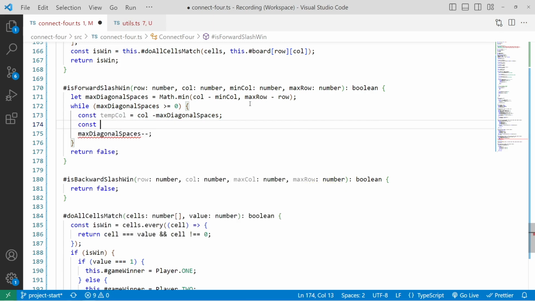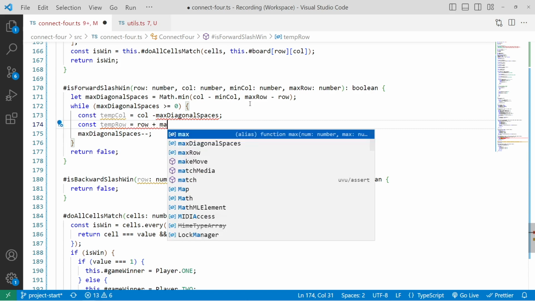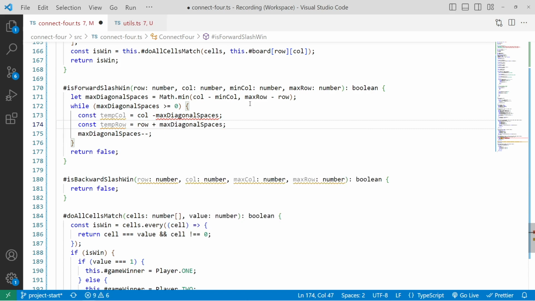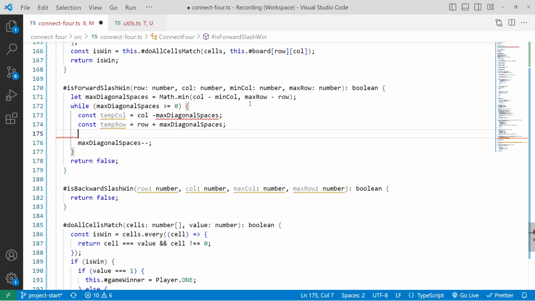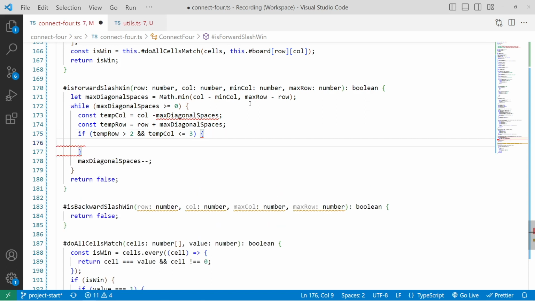Then we'll do const, and we'll do our temp row, and we'll set this equal to our row plus our max diagonal spaces. So then we're just going to add a safeguard. So if our temp row is greater than 2, and our temp column is less than or equal to 3, then we know we'll at least have 4 cells